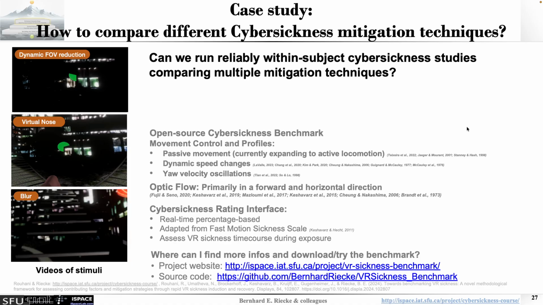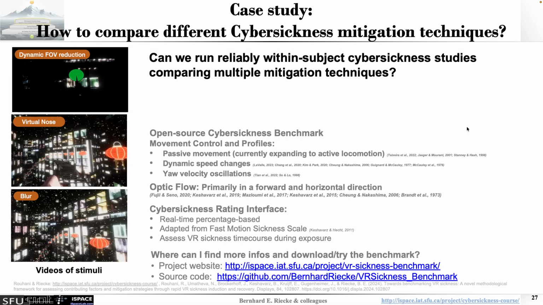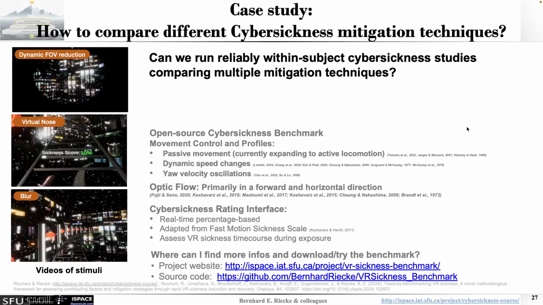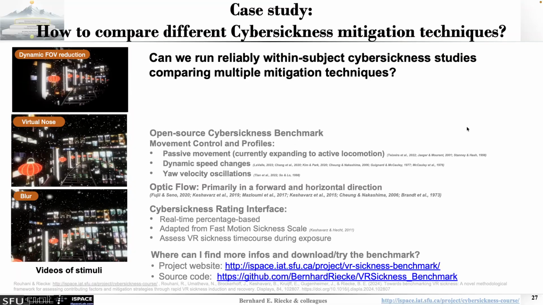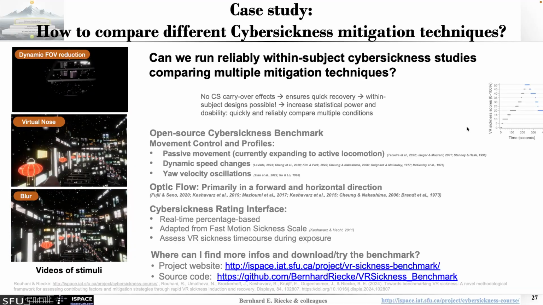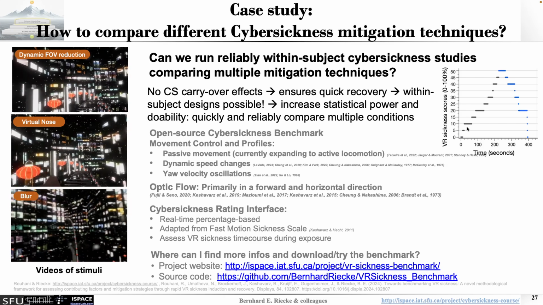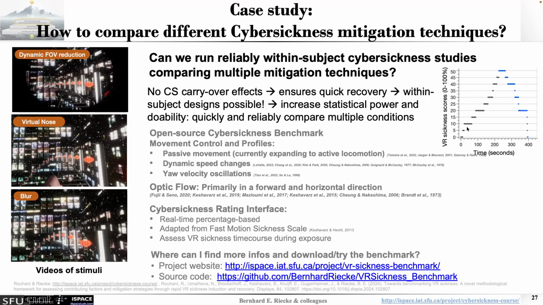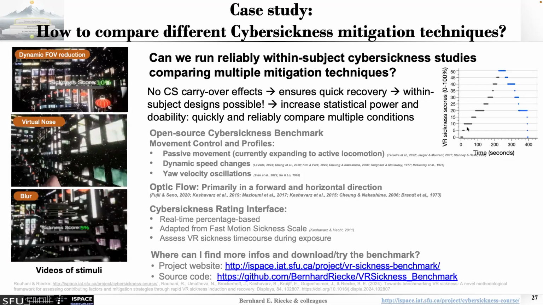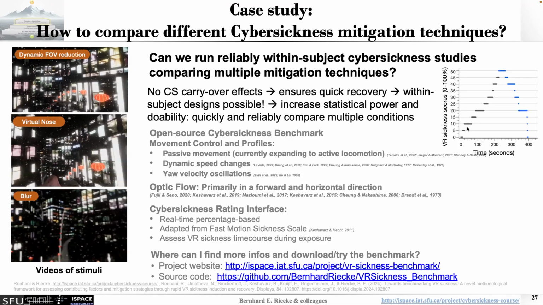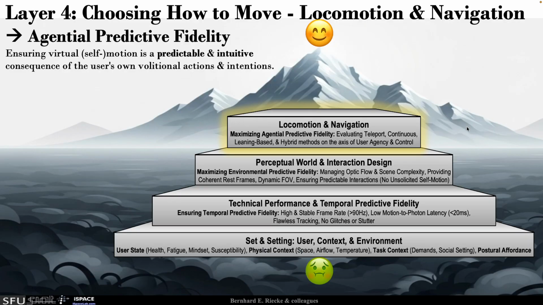We built a VR sickness benchmark. Basically, it's like an infinite figure-8 roller coaster loop. And the idea there was basically to see, okay, if we can get you very quickly sick, just like in a roller coaster, would sickness, within minutes, also go down that quickly? And we could show exactly that, which means we can actually run within-subject motion sickness studies, because we've seen that there's pretty much no transfer in there. Just one example there. That brings us to layer 4.